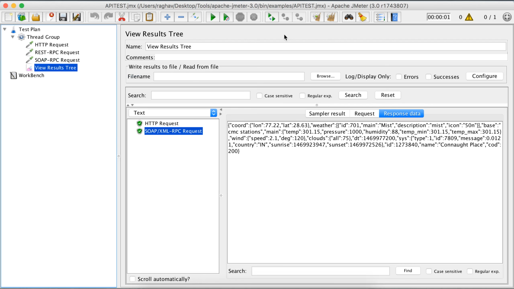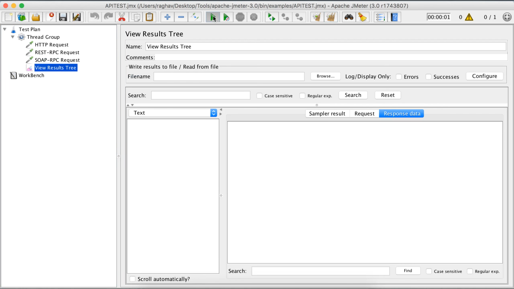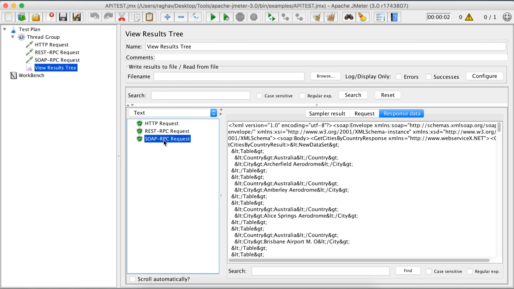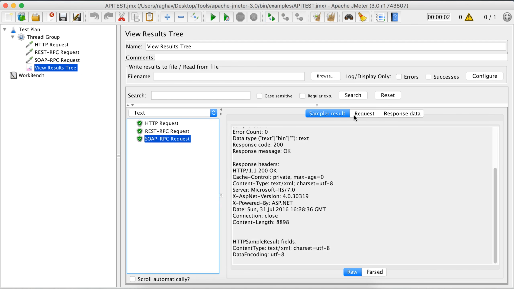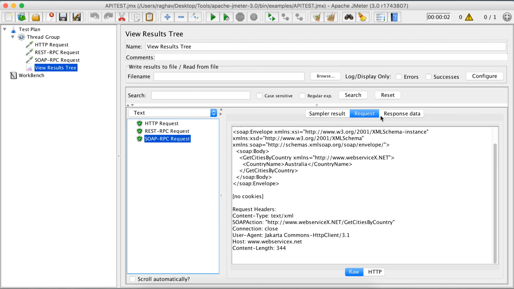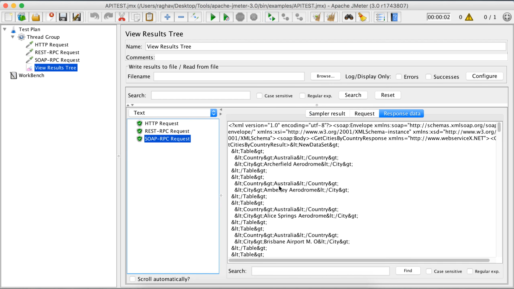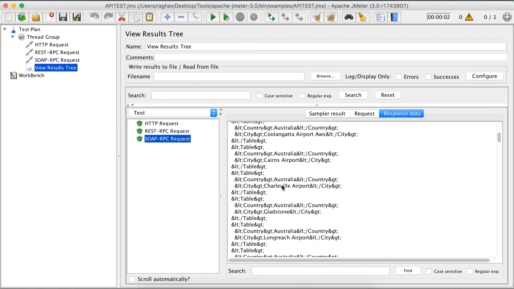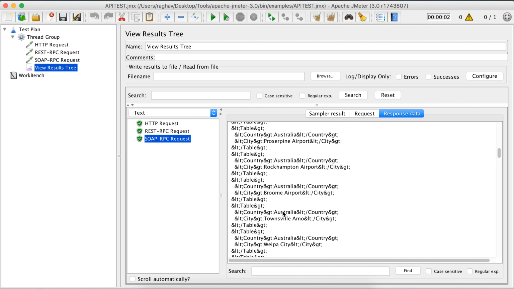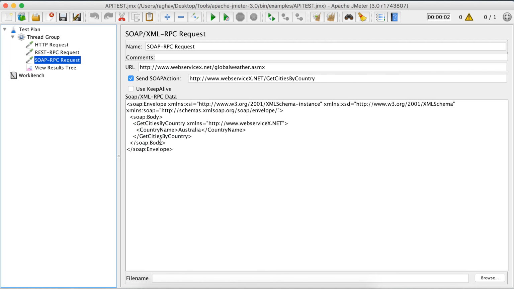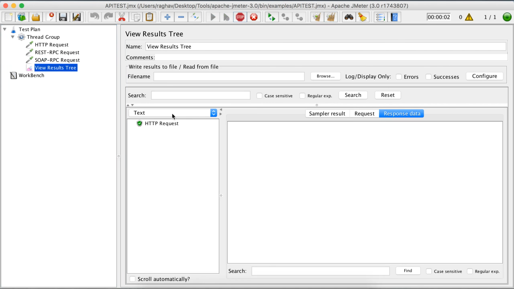Let us test this. I'll clear all the results and run this. Now see, I am getting 200. Okay, this is the request that went to the server, and I have got the response with all the cities of Australia. Okay, I can change this to, let's say, Canada, and run this again.